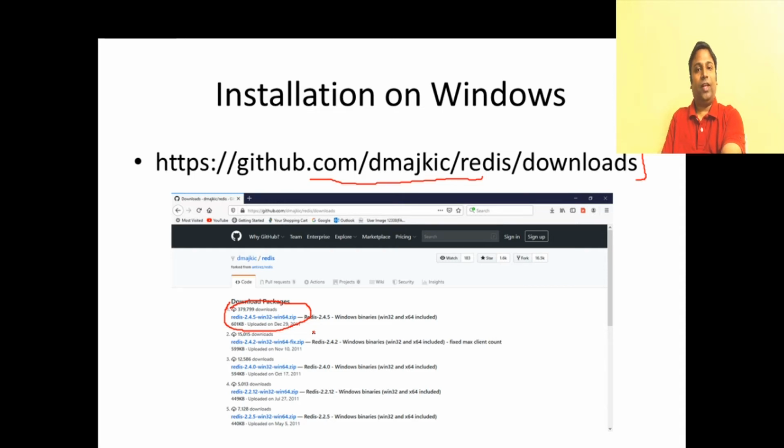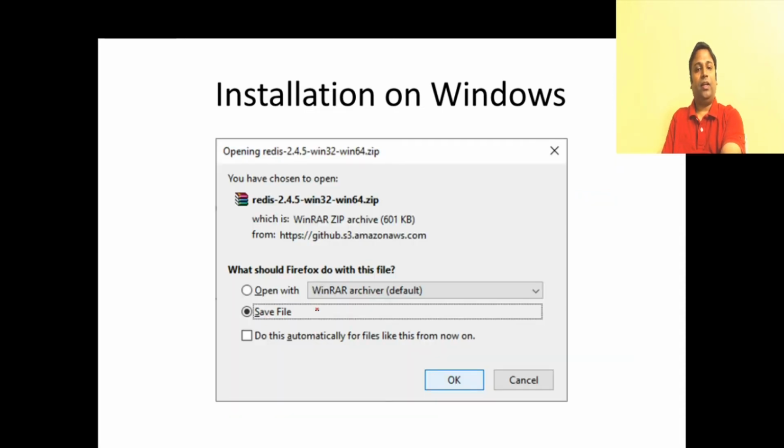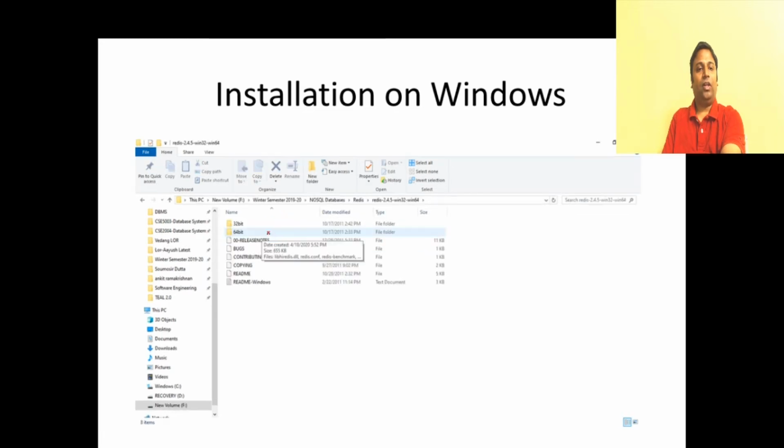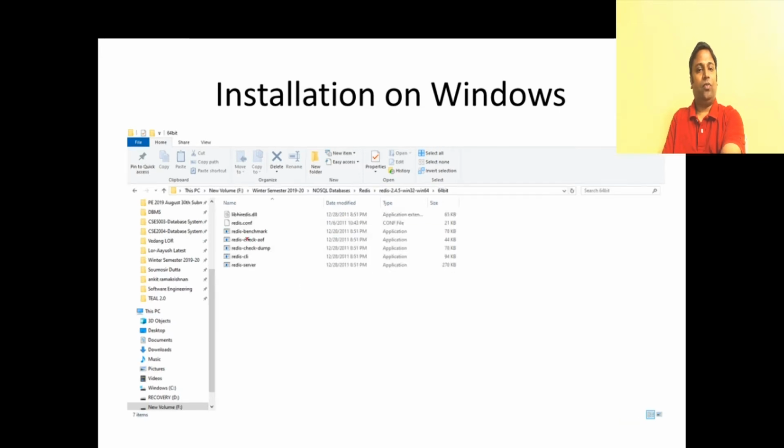So when you download this zip file, you'll be asked to save the file. You save the file in a folder and then you extract it, and then when you double click this particular folder, you'll be seeing the contents. Since I'm running a 64-bit OS, I'll be just going with the zip 64-bit version here. And when I click on this 64-bit folder, I'm just going to get the contents, and here we